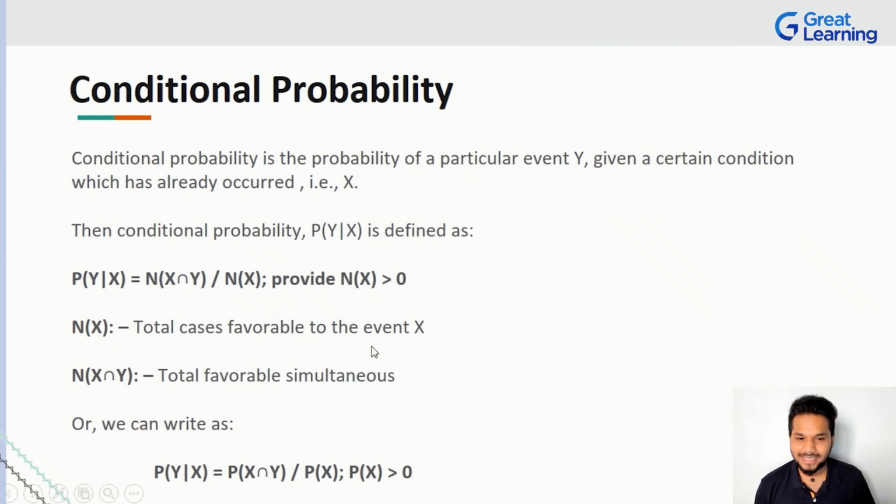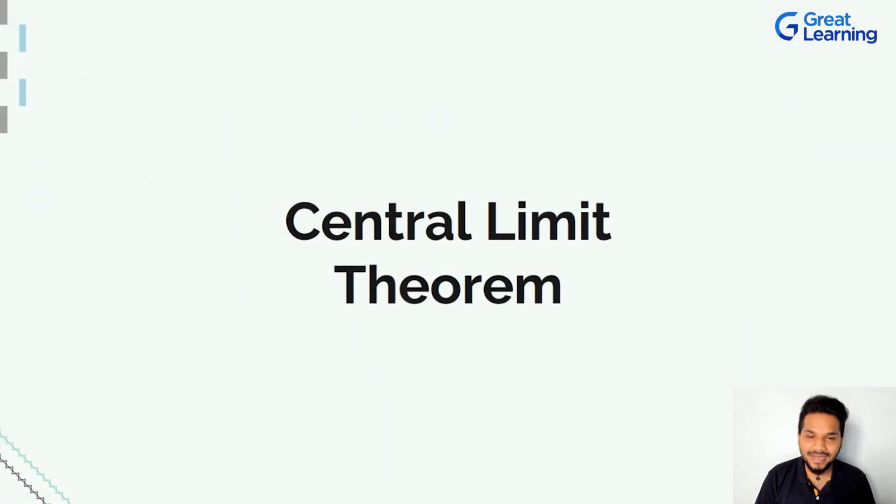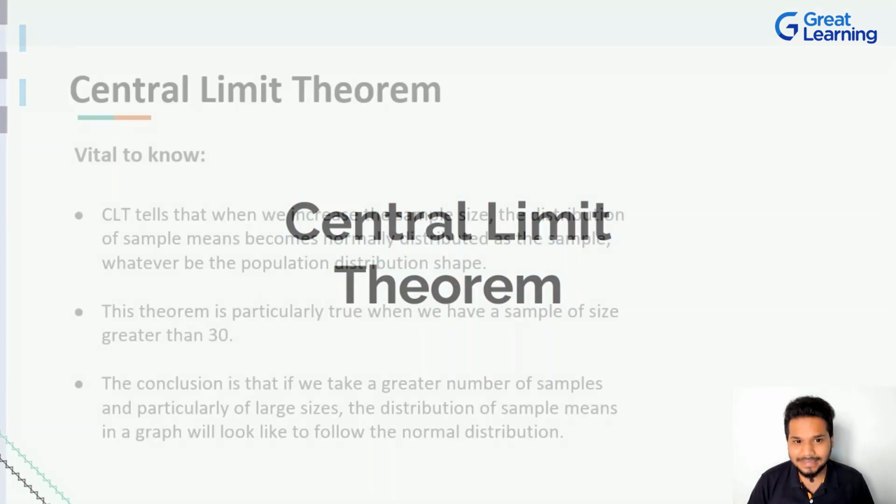But as you can always tell, it is very important to mention at the end that P of X should be greater than 0. Probability can never be negative, but the probability can be 0. If it does not rain tomorrow at all, you can say there's a 0% chance of it raining tomorrow. But in this case, we cannot divide something by 0, right? So there has to be a chance of something occurring. That's when we say P of X should be greater than 0. It can be 0.0001, but it has to be greater than 0 because we cannot divide anything by 0, right? That's conditional probability.